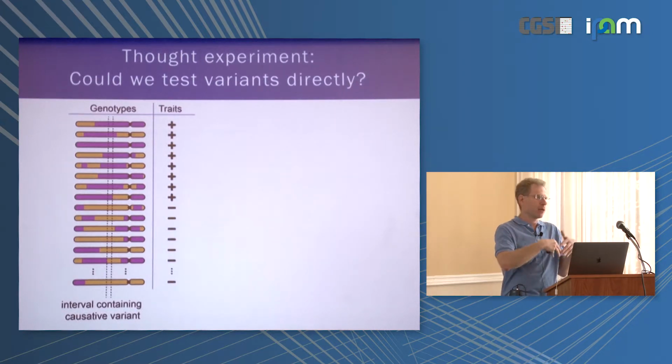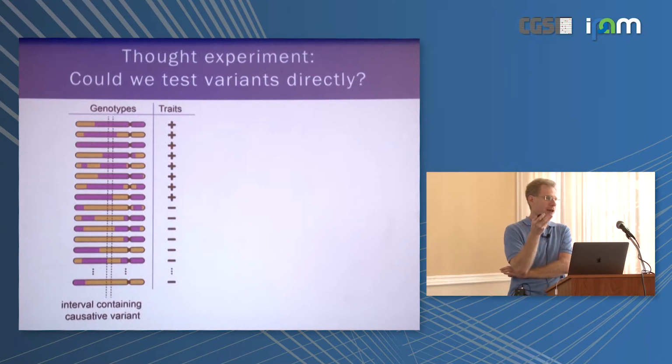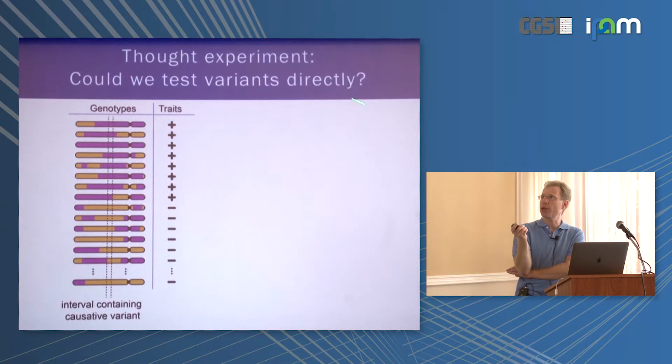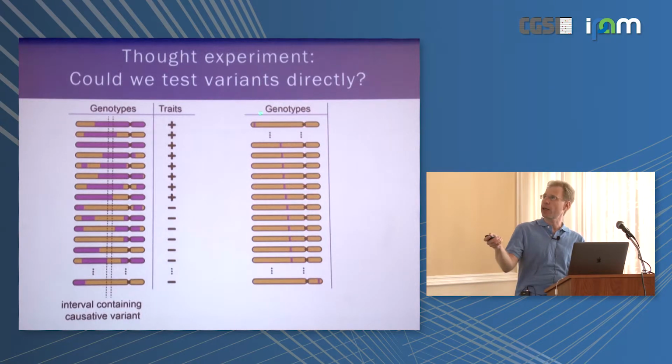So why do we need to generate these mapping populations, do all of this genotyping, search the whole genome, right? Well, because you can't traditionally make that many variants at once. But we started to question this assumption a couple of years ago, once again, because of the possibility of CRISPR-Cas9. So instead of generating a mapping panel,